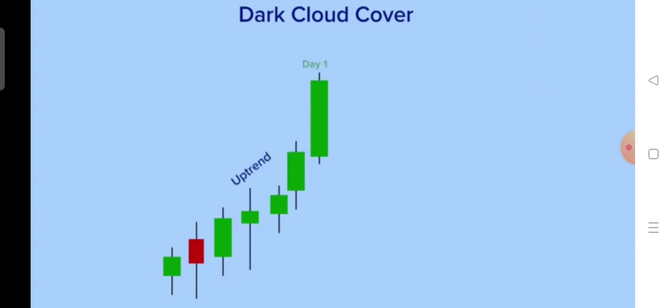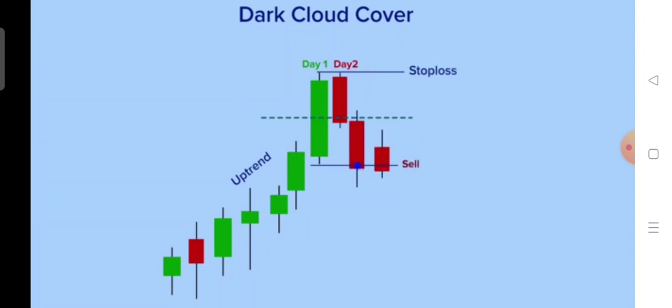So similarly, in the case of an up move, if after an up move there is a green candle and then there is a red candle whose body begins above the green candle's body and closes below the 50% mark, only then does the dark cloud cover come in. The short trade is when the low of these two candles is broken with a stop loss above the high of the two candles, and then as the price move unfolds in a downward direction, someone should have a trailing stop loss. So this is about the piercing pattern and the dark cloud cover.